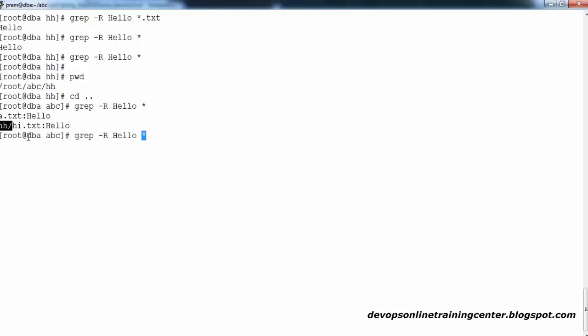So if you don't provide -r, see the difference. It searches only the current directory, so you can see only a.txt. If you give the -r option, it searches inside the directory as well. So that's the -r option. Now somebody may ask you, could you please provide even the line number where exactly the pattern is there? So -n is an option. Using this, you can find the line number. Can you have a look at this? After the colon, you see line number 1 and line number 1. In both the files, the hello is there in the first line.